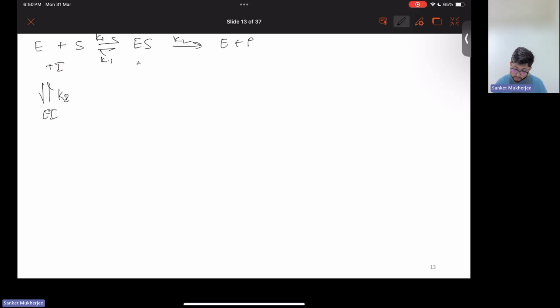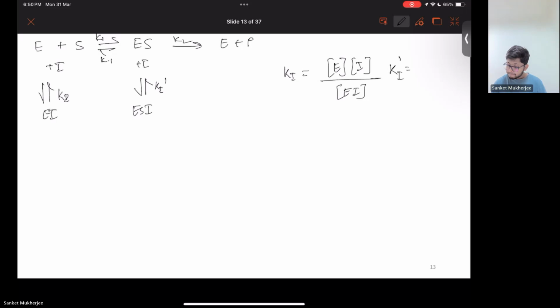And here also there could be inhibition, which is non-competitive, let's say Ki dash. So we know using Michaelis-Menten kinetics that Ki is equal to enzyme by Ei, whereas Ki dash is enzyme